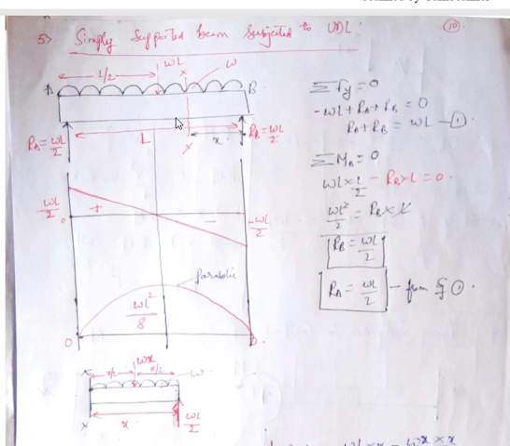Okay, since it is in equilibrium, I can take summation of Fy equal to 0 because there are only vertical forces. These reactions RA and RB are in the upward direction, so I'll take them positive, plus RA plus RB, and this applied force is in the downward direction, so I'll take it as minus WL. This minus WL, the summation of these forces will be equal to 0. Minus WL, I'll take it to the right side, so it will become plus WL. So RA plus RB equals WL. Let me call this equation 1. I have to find what is RA and what is RB.